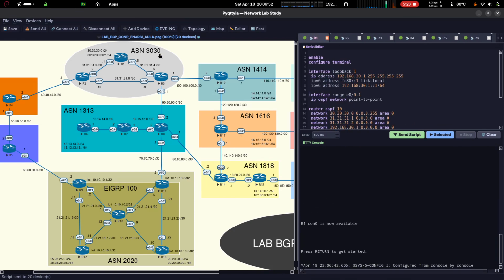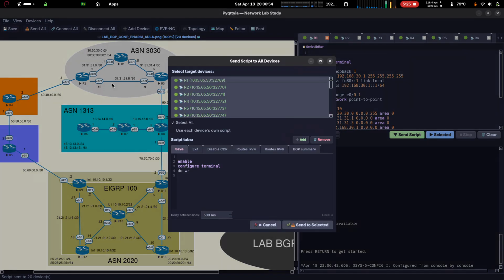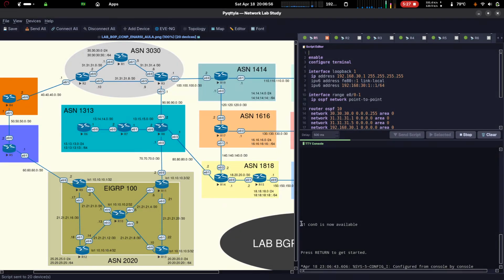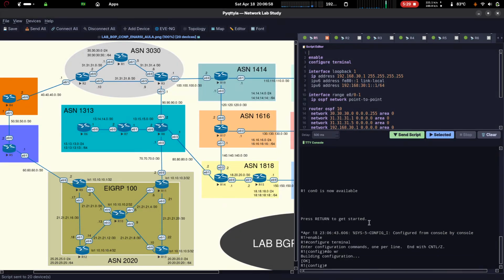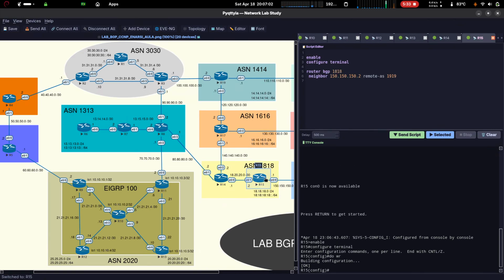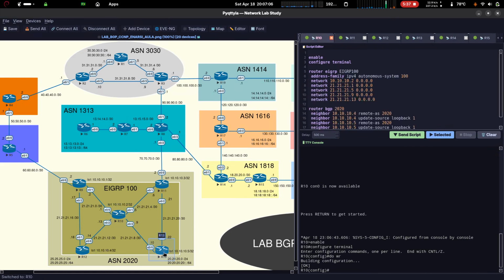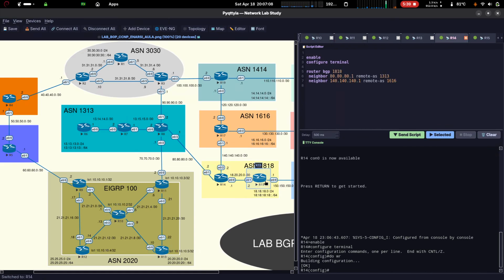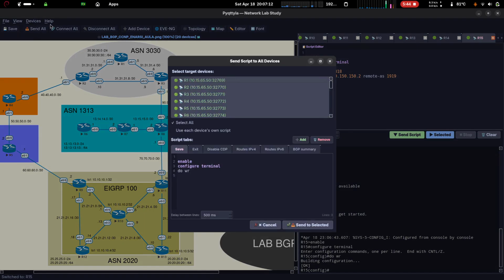Now I can, for example, send save to all of them again here. So it's sent to one, to another, so I can see here that it's sending to all of them. Okay. Now, for example, we have ready disable CDP run, so there it sent no CDP run to all of them.